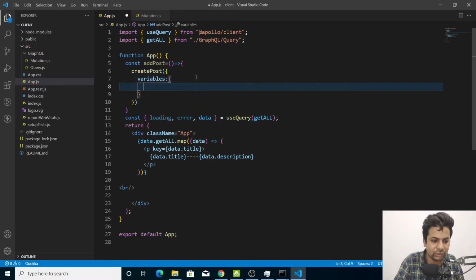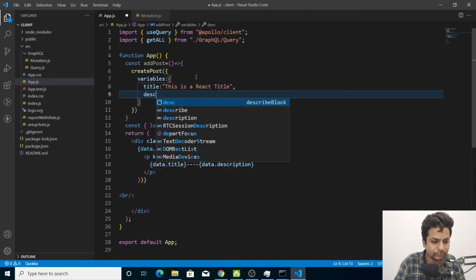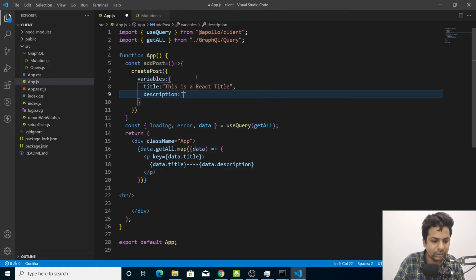So I'll say I want to send title, so title will be "this is a React title", and in description you can say "this is a React description". Okay, so this is the way you can send the data, but I have left a little more.